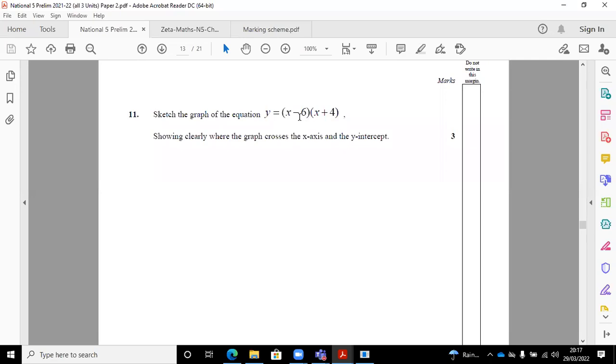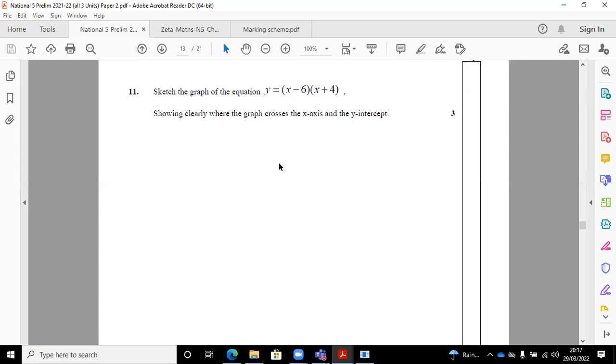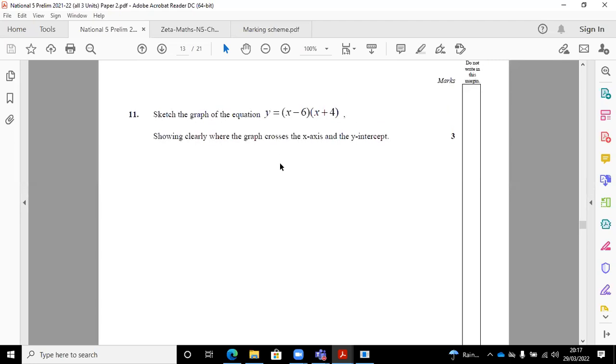So we're sketching this out. We're looking for 4 different things. We're looking for the shape of it. Is it happy or sad? We're looking for the roots, where it cuts the x-axis. We're looking for the turning point, where its maximum or minimum is. And we're looking for where it cuts the y-axis. You're given plenty of space, but there's quite a lot of working. So let me just copy that down. Y equals